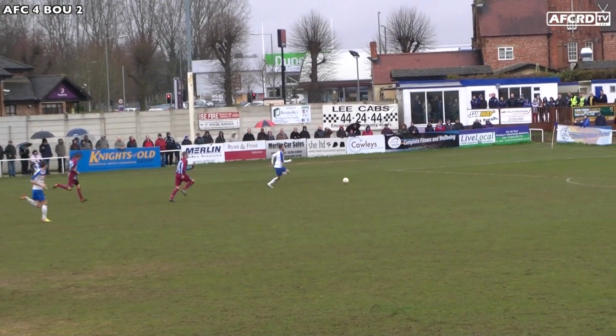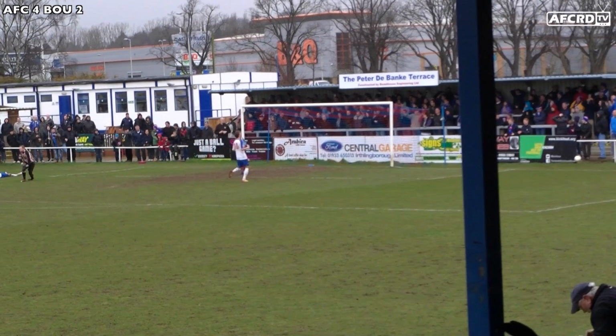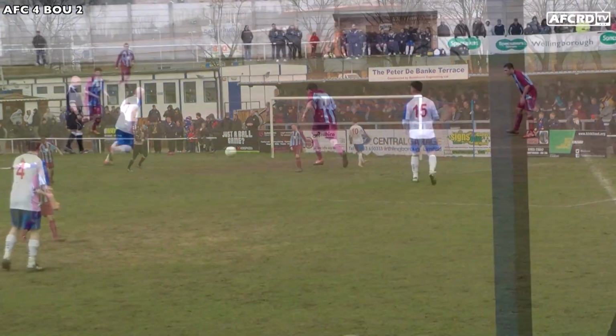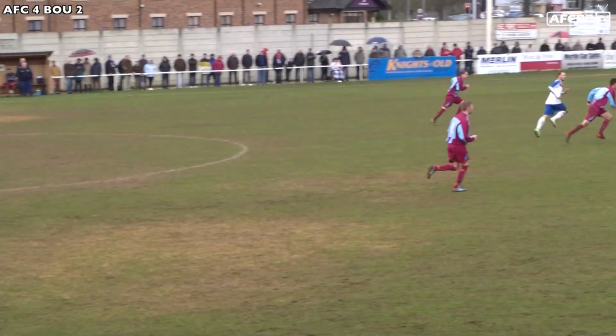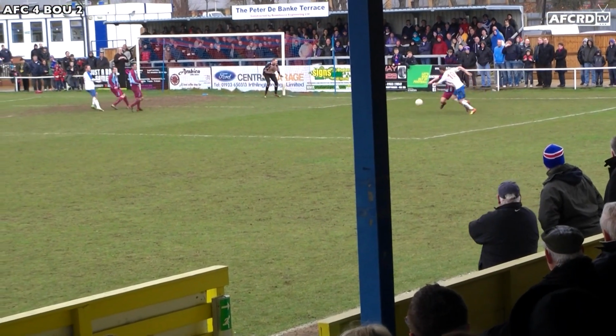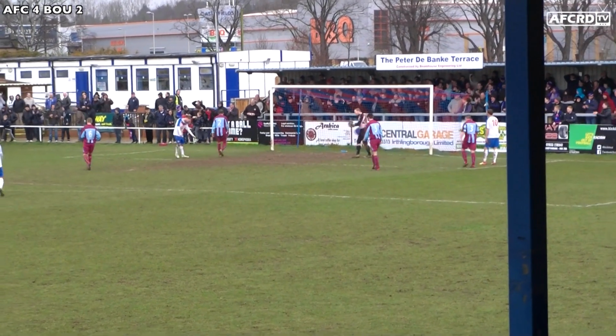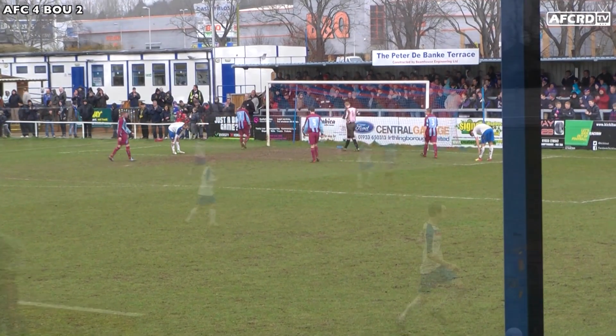Alfie Taylor could have made it 5 at this stage, although the ball took a bit of a nasty bobble just before he shot. And then it was strike partner Jake Newman who got himself into a good position. That time it was Belair's who stopped the Diamond striker adding to his tally, although Diamonds did eventually get the